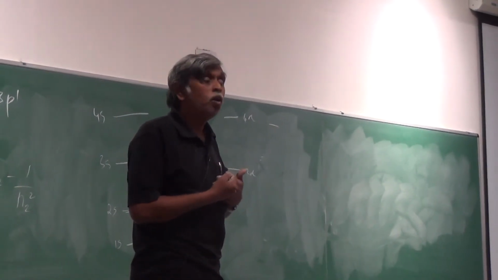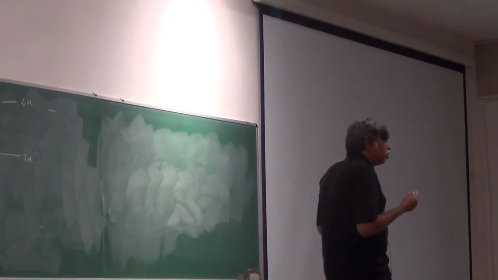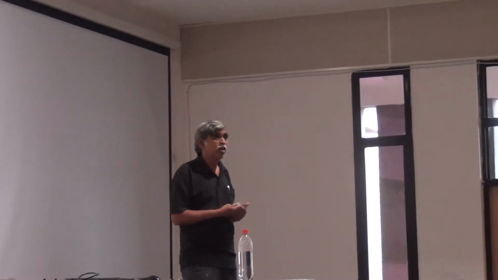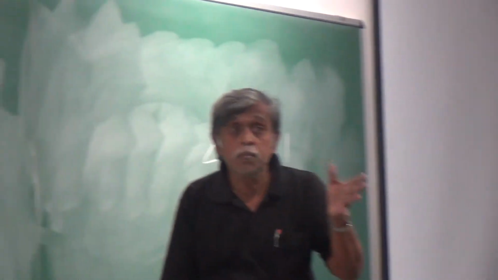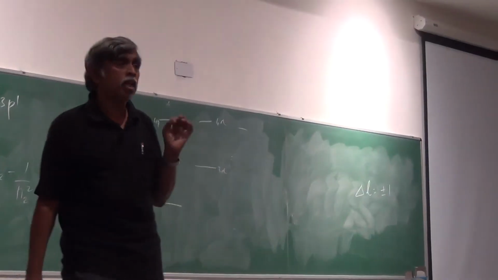J is a rotational quantum number. What is L? It's also a quantum number having to do with the angular momentum. So you can go back and derive the selection rule, just as I said you can for the J values. You can see how you get delta J equal to plus minus 1 by solving the integral for the transition probabilities. Likewise, you can do this for a transition from one state to another and see what values of L will be allowed to change during the transition. And it will turn out that delta L must be plus minus 1, very similar to delta J equal to plus minus 1. Both are angular momentum stuff, mind. Therefore, it is not surprising that this is happening.